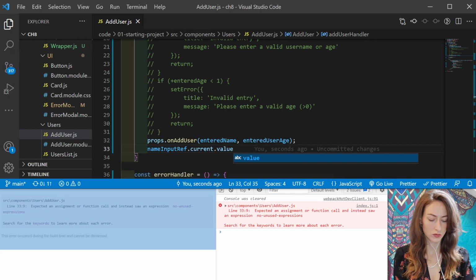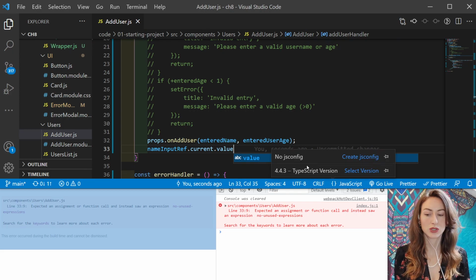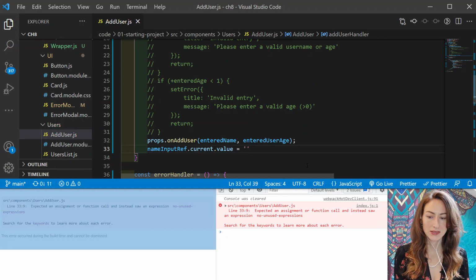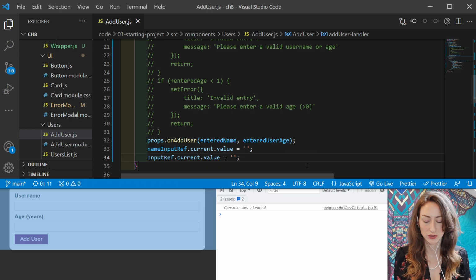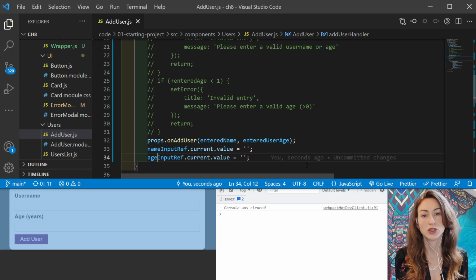Okay, so now we just reset them back to empty like this, but Max is saying that this should only be used in specific cases, and that it's not good to directly manipulate the DOM. But in this case with the useRef it's okay, so I don't really know in what case you shouldn't use this. So he did say if you are not comfortable with that, you can go back to the useState way, but I'm happy to just continue. I'd have to do more research before using this useRef, because there's instances where you shouldn't just reset the DOM back to blank like this, but in this case it's okay. So anyway,